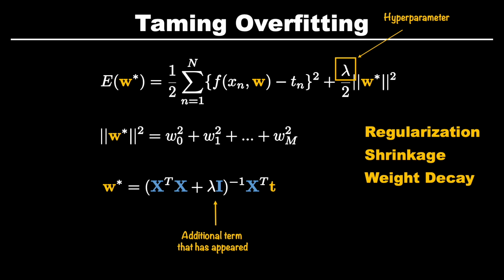This mechanism or trick is known by various names. It is called regularization. It is called shrinkage in statistics, as you are reducing the values of the weights, and it is called weight decay in modern machine learning. Even though there are many terms to describe the same mechanism, at least I would say all of them express the same sentiment. This modified form of regression is called ridge regression.